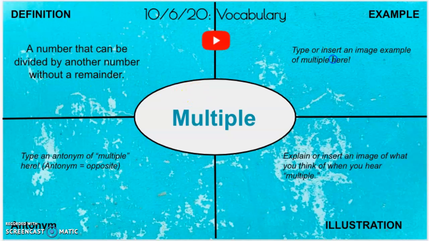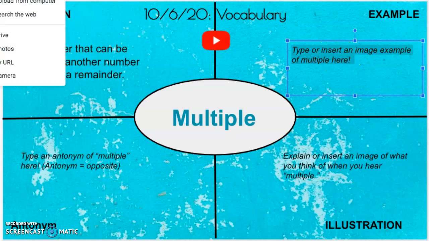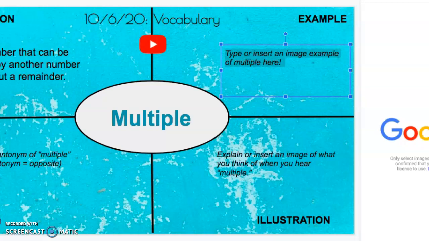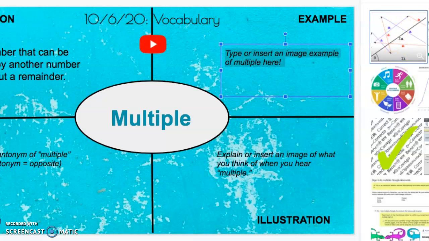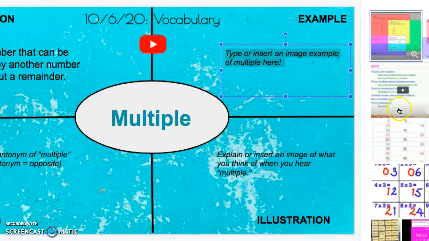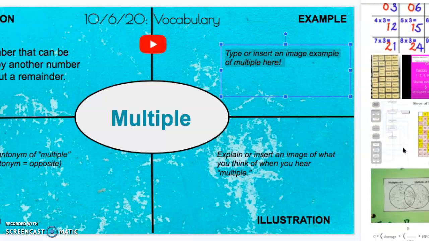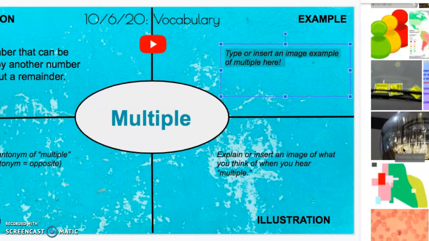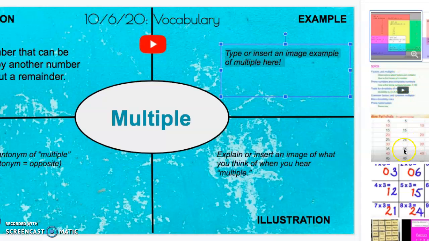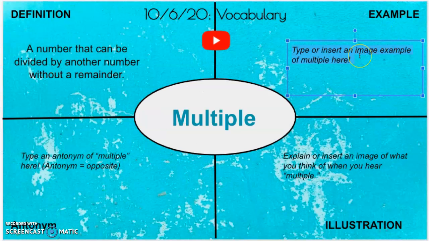So an example, you can either Google, do an image search, or you can type your own example. So if we do look at images, and we type in multiple, or multiples, let's see what we get. So multiples of numbers, you can insert an image, however, you do not have to. So if we have multiples